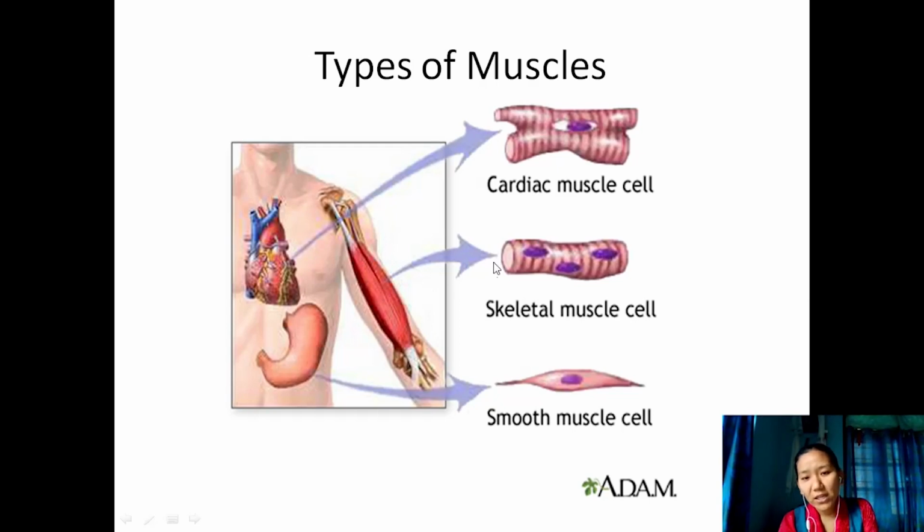And when you look at each muscle cell, you can see light, dark, light, dark, light. So you can see a band. This skeletal muscle is also called striated muscle, and the shape here is cylindrical, unbranched, and this dark blue color represents the nucleus. So it is a multinucleated cell,